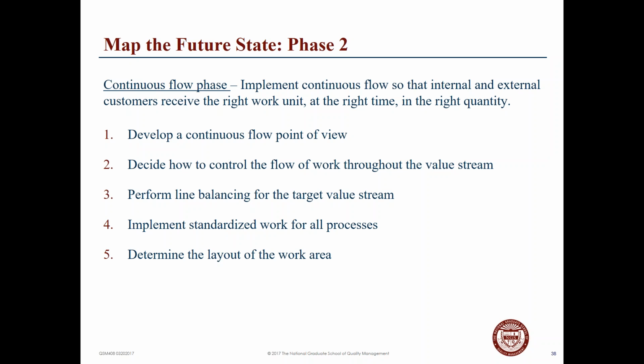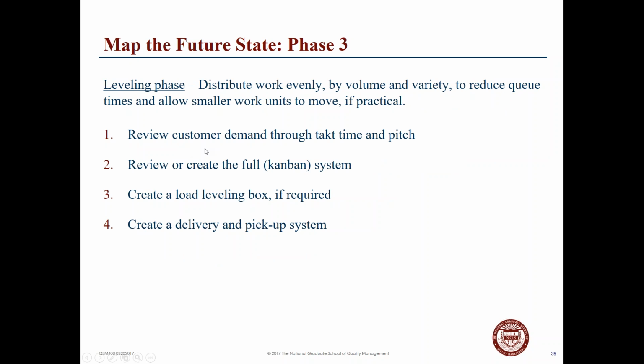You want to look at the controls of the flow. What are the elements in each of the steps that add control to the process? Balancing the lines so that the throughput in each phase is consistent, so you don't end up building inventory at different steps. Standardization of work, and then determining that the layout of the work area fits with the space that you've got available. And then the third is reviewing the customer's demand through the takt time